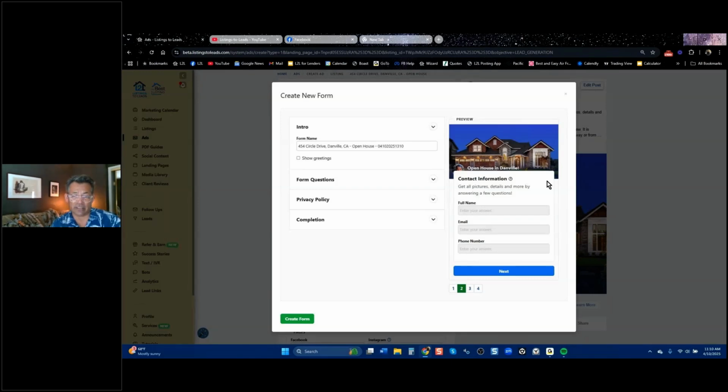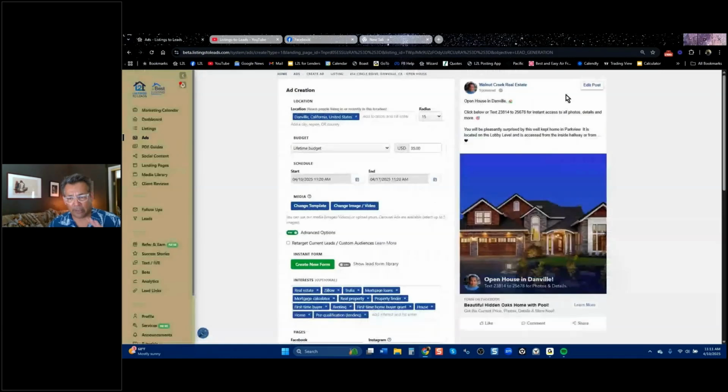But the difference is when it pops up, whoever clicked that button, their name, phone number, and email is auto-populated from their profile. And if you've ever been kicked out of Facebook because they just want to check your security, if you don't have your name or your email and phone number in there, you're not going to get back in your account. So this lead information is very accurate, right? It's not a lot of bogus leads. It's definitely not Disney at mickeymouse.com kind of thing. So that's why our clients love our Facebook ad software.